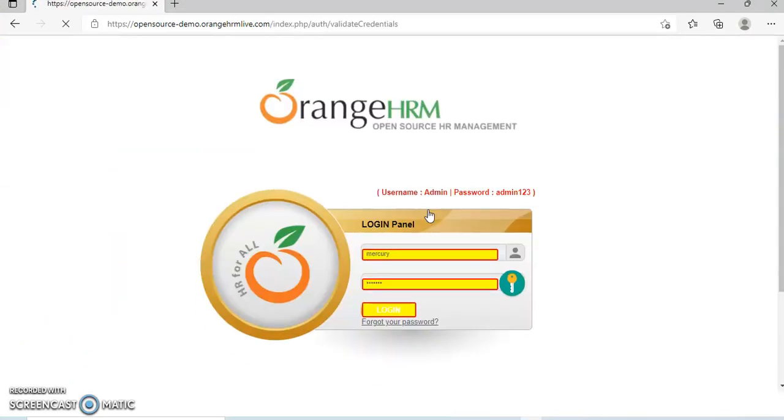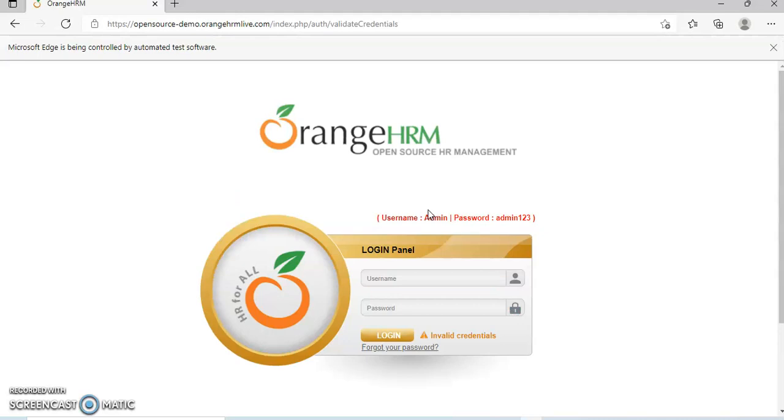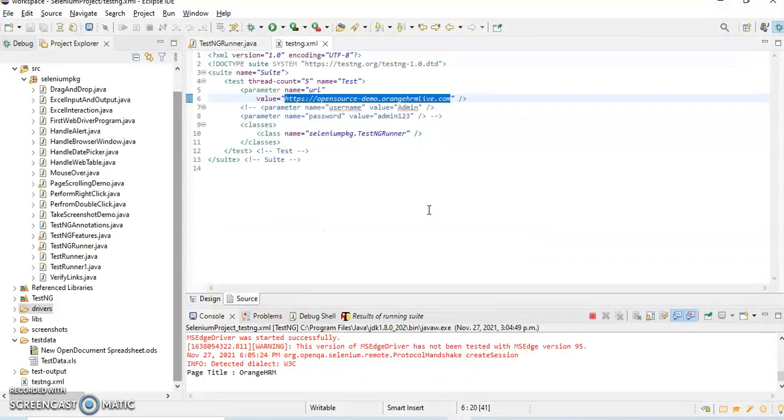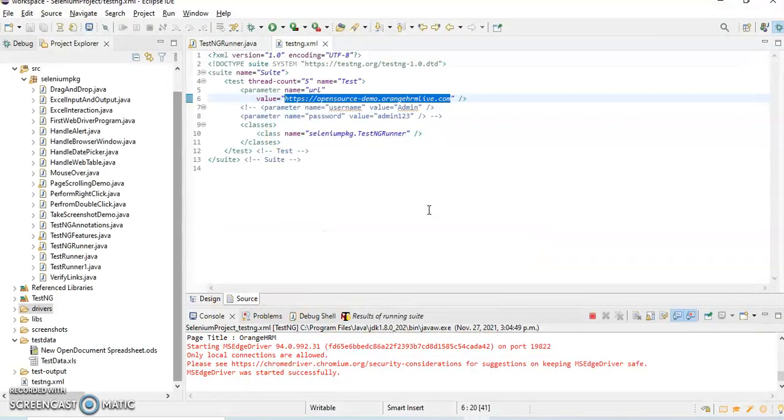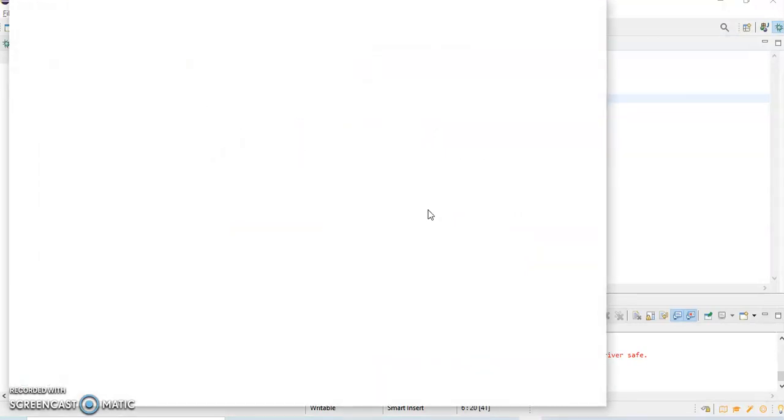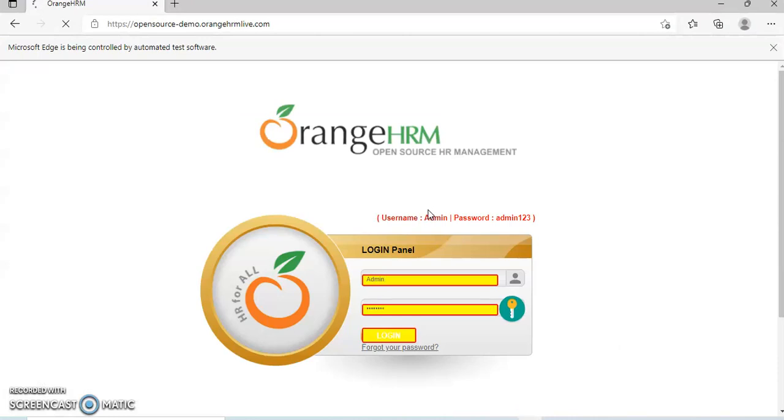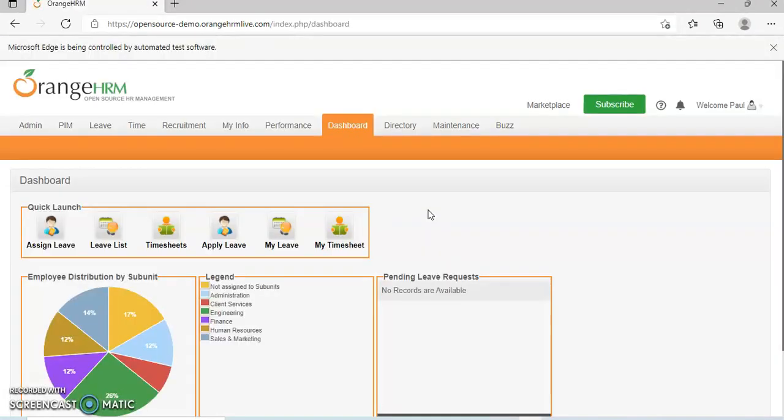And now it is entering the third set of test data. And at last it is going to enter the last set of test data, which is a valid username and valid password. And this time the login is successful.